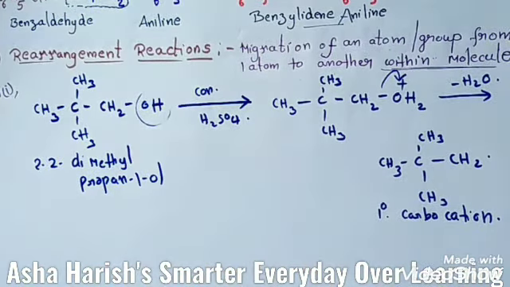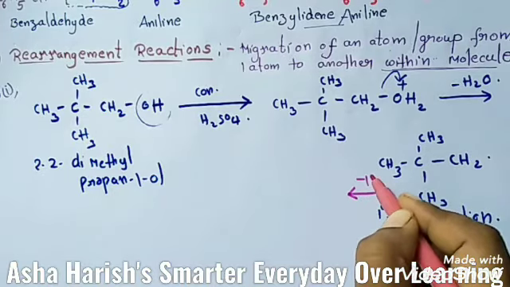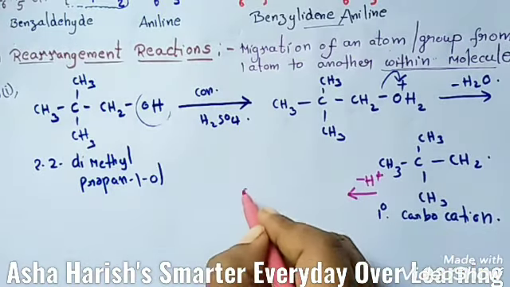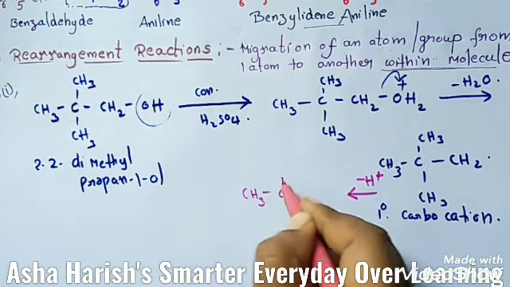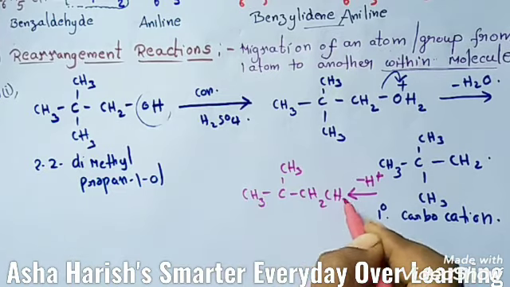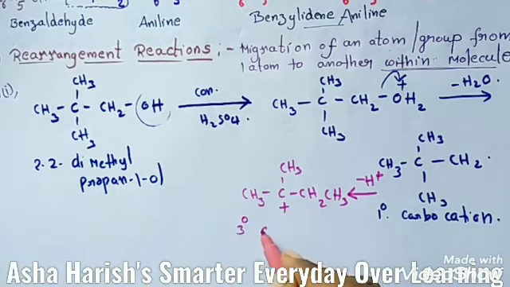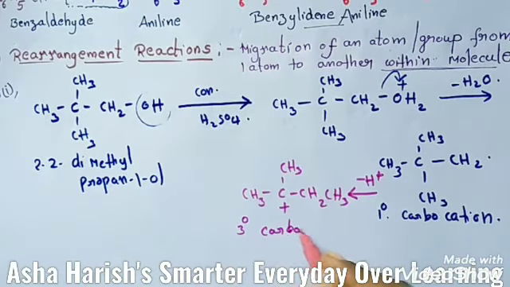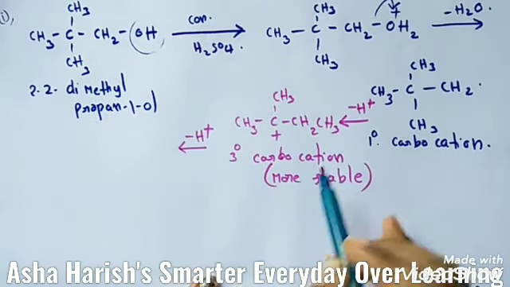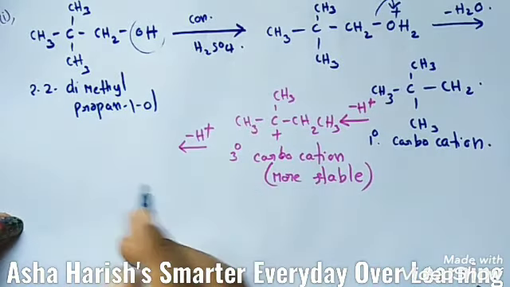From this, you should get finally, if you remove this H plus ion, CH3, C, CH3, CH2, CH3, here is the positive ion. So this is a tertiary carbocation, which is more stable, and from this if you remove one H plus ion,